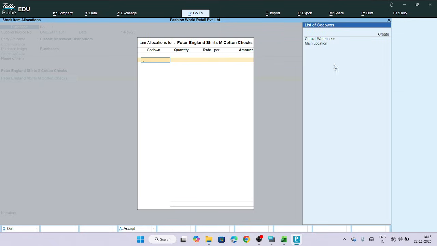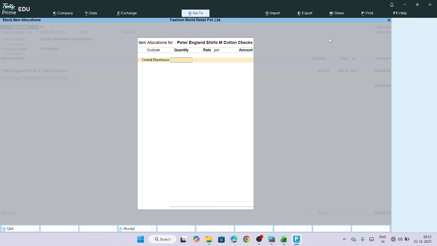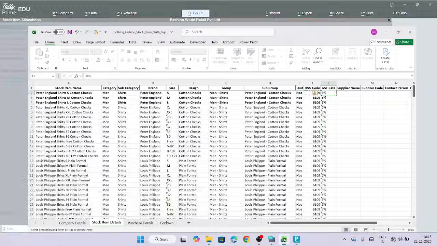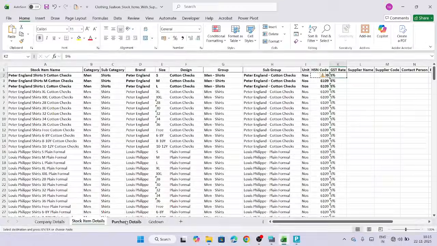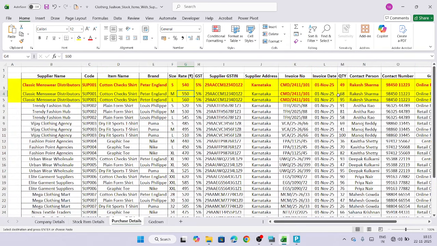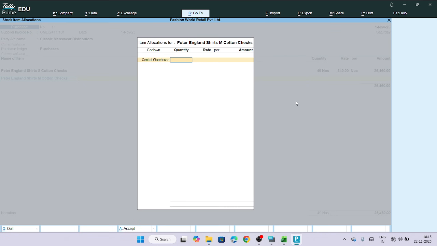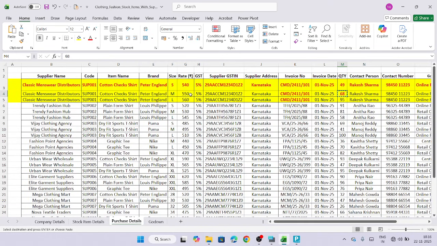We'll select the Godown as central warehouse and the quantity. Let's check it out. What is the quantity we have purchased in the purchase details? Here you can see the quantity. I'll just highlight it. I'll copy this and paste it over in Tally. Paste. And what is the per unit or per piece rate? I'll just copy from the data. Here you can see this is the per